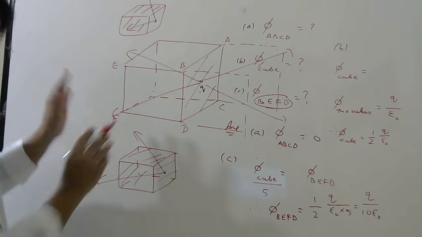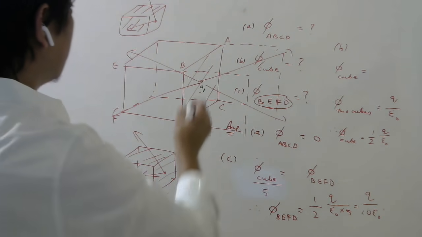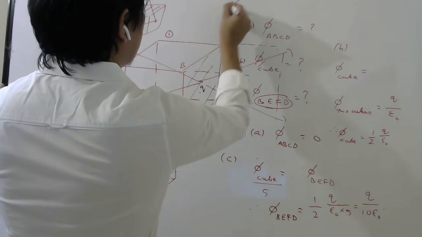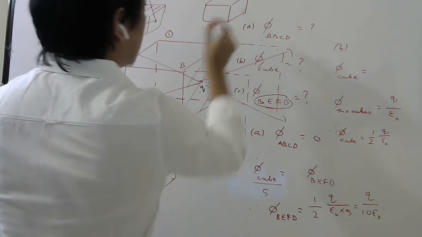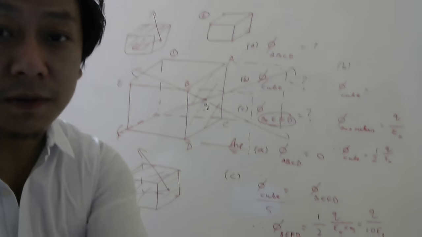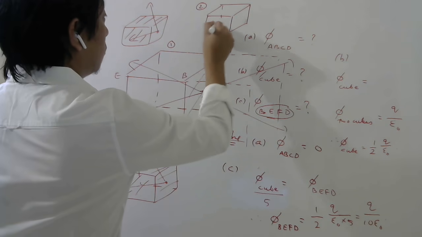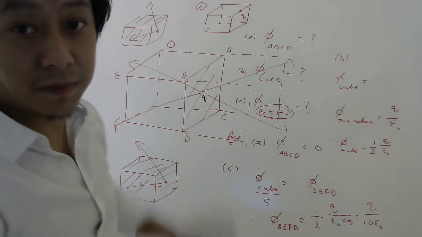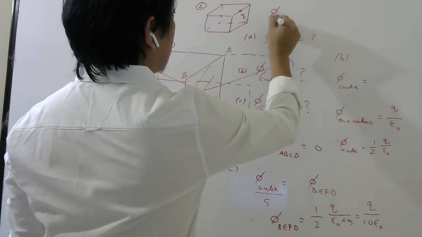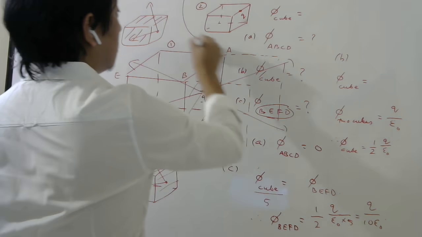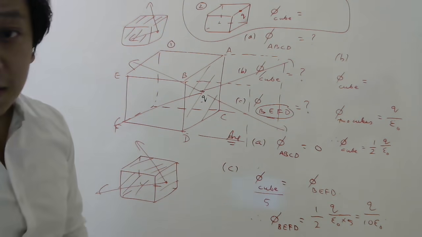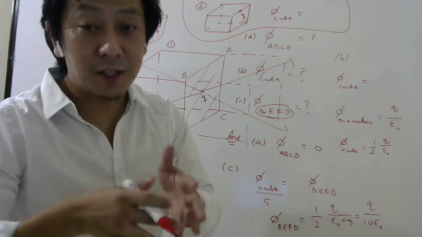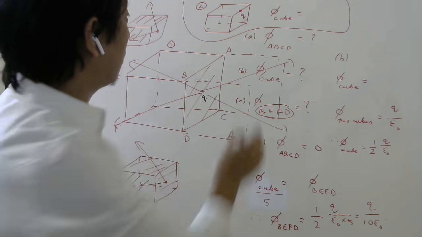Okay. So this is one question which I wanted to discuss. Another question is, this is the first question, you write, number 1. Suppose I take a cube like this. Okay. Let me show you clearly. Suppose I take a cube which will have 6 faces and I keep a charge at the edge. Now can you tell me what will be the flux through the cube? For this question, can you try yourself? Think how many cubes you need to draw so that this charge will be symmetrically placed with respect to those cubes. So if I put one more cube here